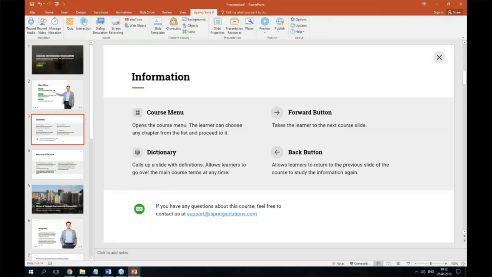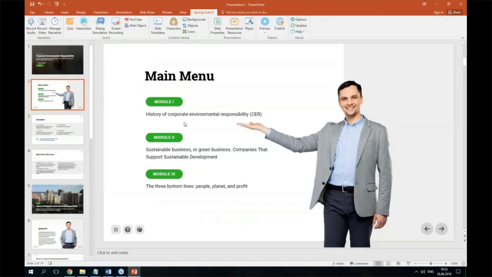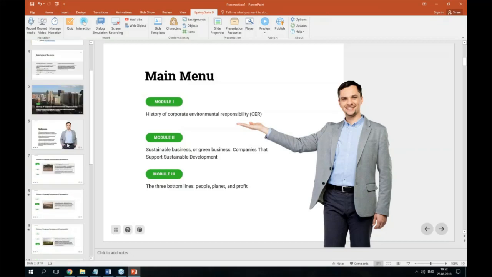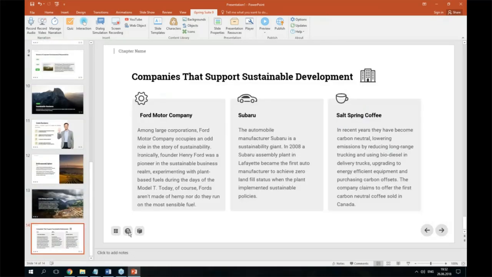Then this icon is the main menu for our presentation. By clicking on this icon, if you, for example, use some hyperlinks in your presentation, you can easily redirect to the course menu, to the main menu slide. In our case, this is the second slide in our presentation. And this icon can be used, for example,